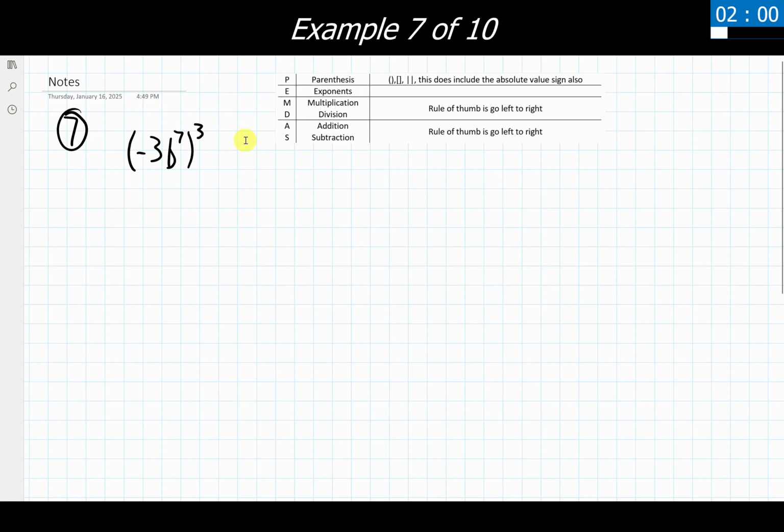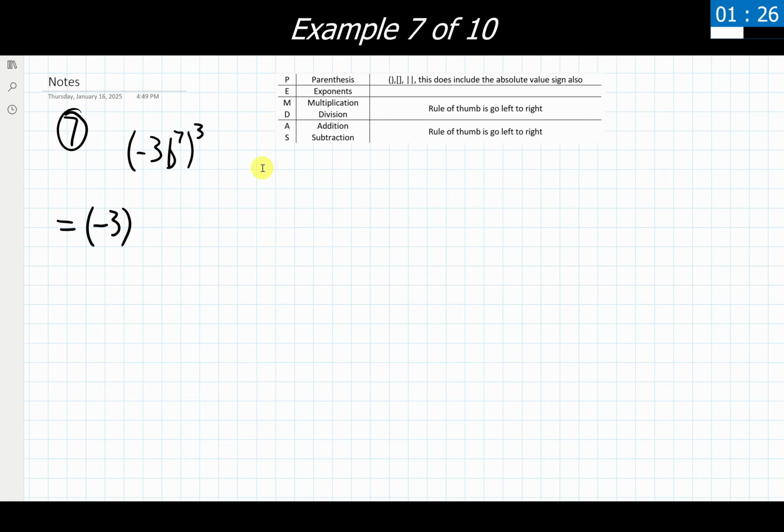Now you have a couple of ways that you can think about and write this out for yourself. One of the things that I like to do is think of every single thing inside here, because it's all multiplying together, as individually being raised to the 3rd power, effectively applying the product to a power rule. And the way I like to go about doing it, and I recommend doing this, is to write out each individual thing inside the parentheses being raised to the 3rd power individually. So that would look something like this.